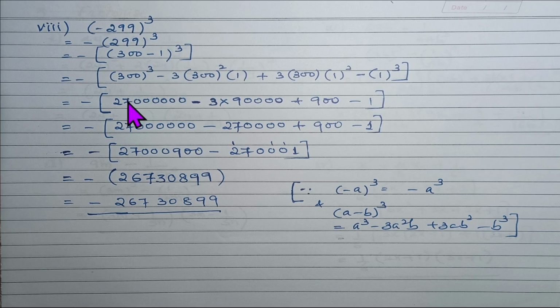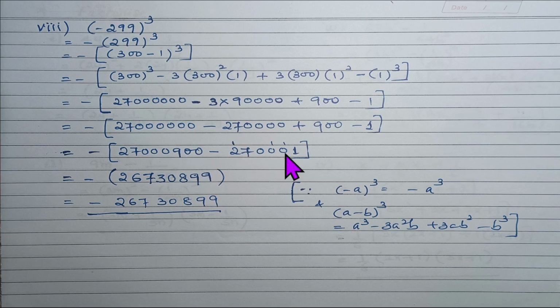Now 3 cube is 27 followed by 6 zeros, and this will be minus 3 into 1 is 3, and 3 square is 9 followed by 4 zeros, since 2 zeros and 2 zeros means 4 zeros. And 3 into 300 is 900, 1 square is 1 only, 900, minus 1 cube is minus 1. So adding 27 followed by 6 zeros and 900, we get 27 followed by 30900,